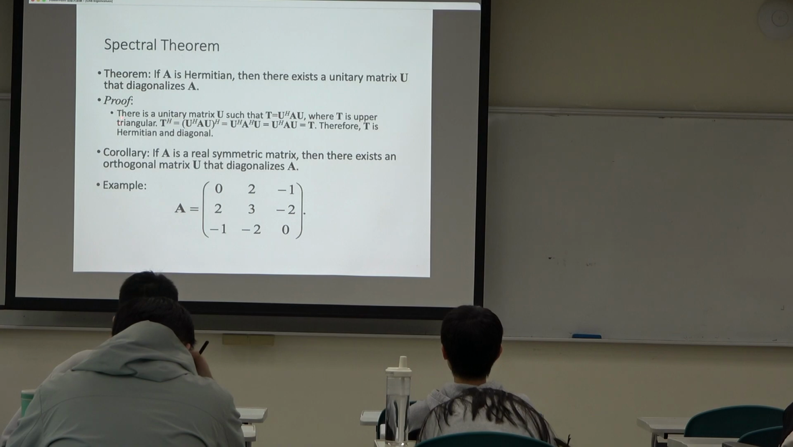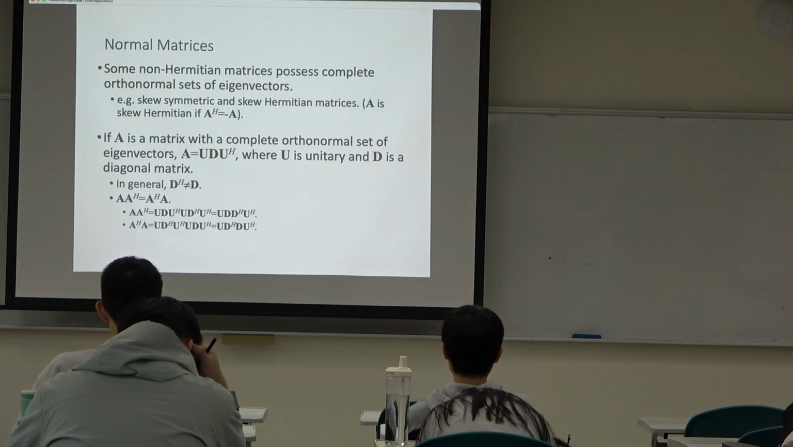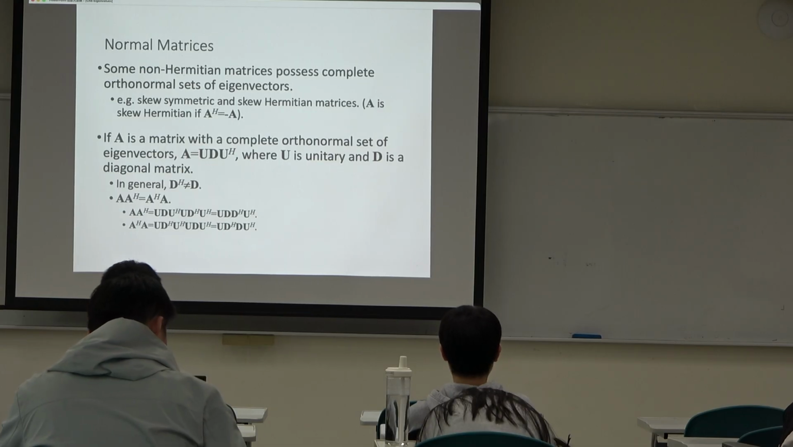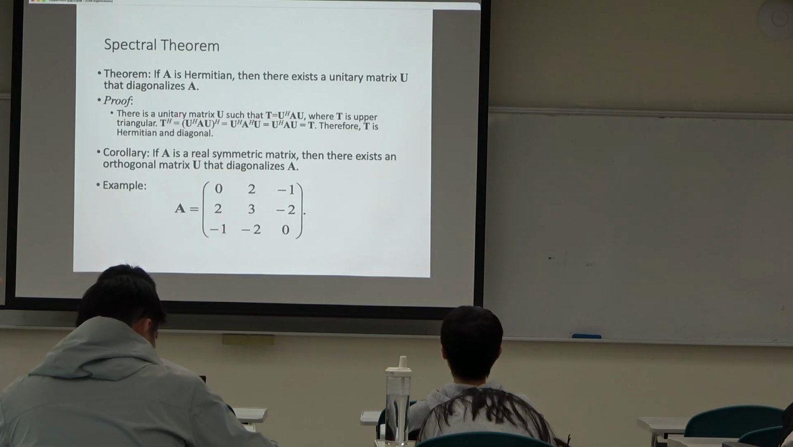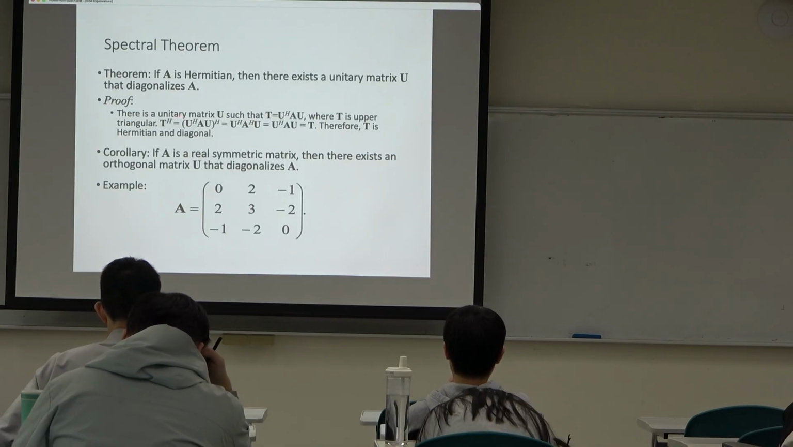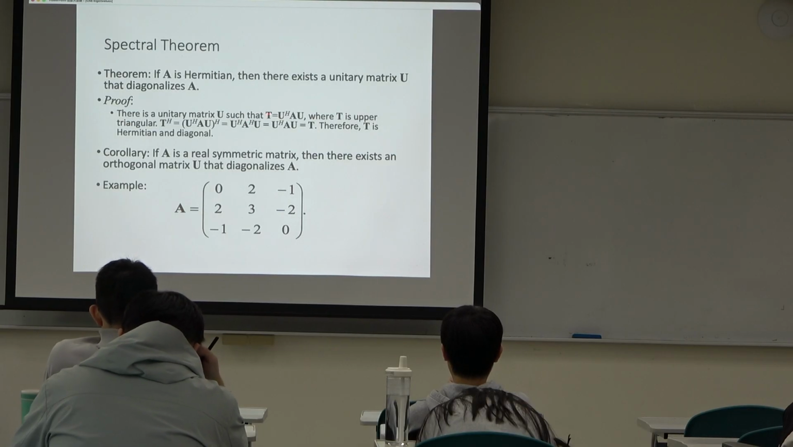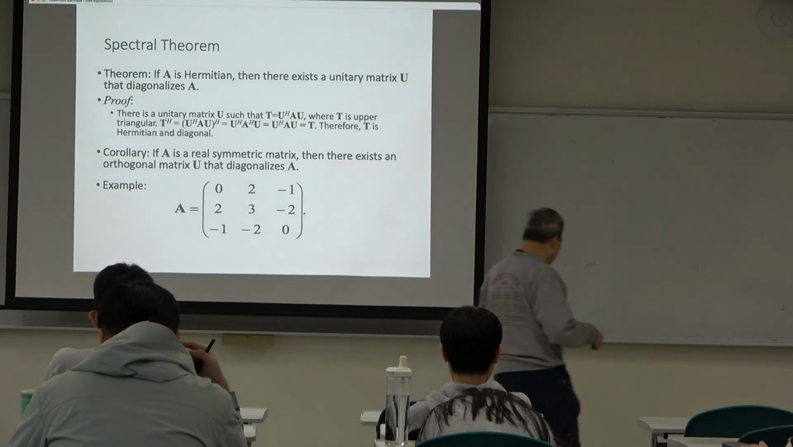Normal matrix, this is the matrix. So this one is like a fast one. Okay, so we know that if there's a unitary matrix U, basically,